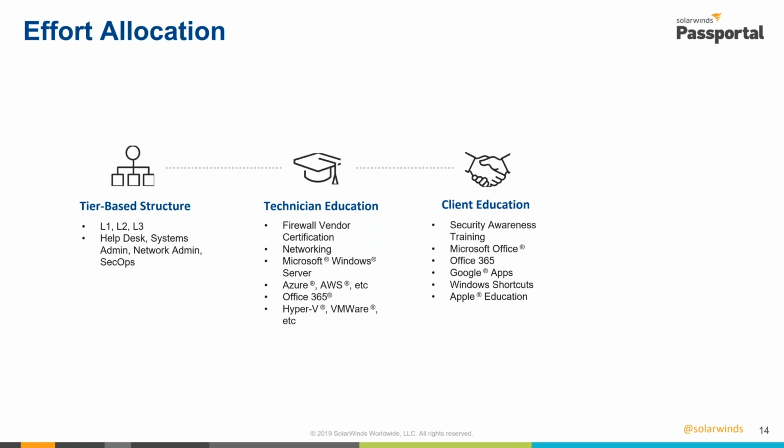One thing we did at our MSP, we trained across the whole gamut of core solutions and tools that our clients used. Microsoft Office is a huge one, Office 365, Google Apps, overall Windows and Mac OS, so that our users were as advised and educated as possible on how to get the most out of those systems, the shortcuts, how to use them, and everything else, so that we got less of those how-to questions. Right? It became one of those things that was also a differentiator, that we were educating our clients, we were engaging with them, and they saw us as a true partner in helping them level up their own IT intuition or aptitude. So that helped.